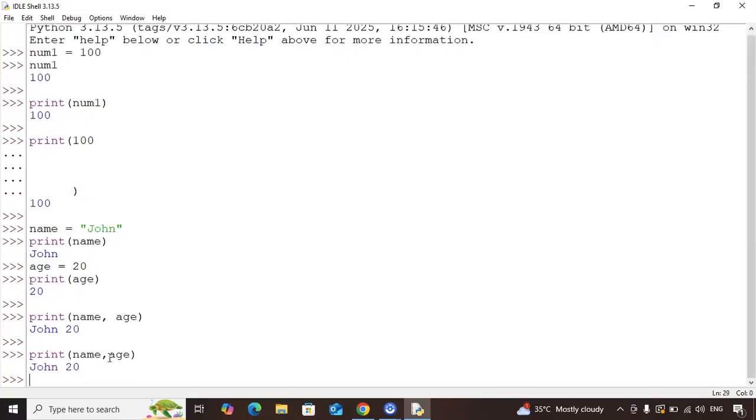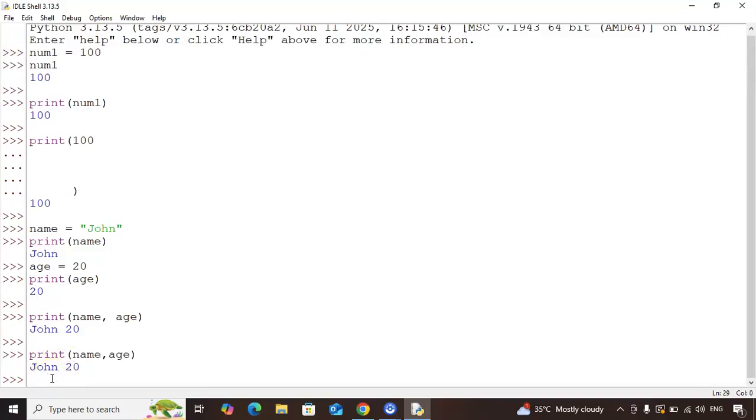The output still says John space 20. What is the meaning of this? This means if I try to print multiple comma separated values, all the values would get printed in the same line,